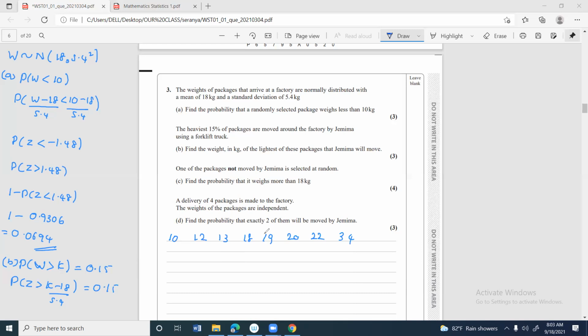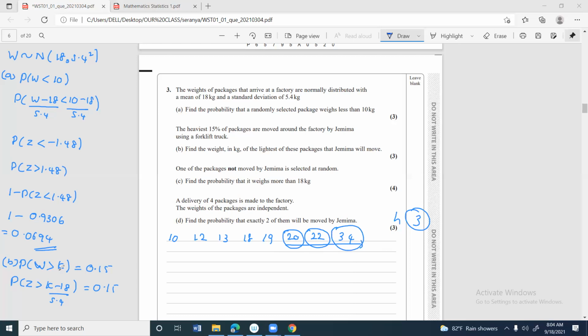You need to get the heaviest three packages. Which packages do you select as the heaviest three? This one, this one, and this one. So what is the lightest package out of these three? It is 20. So we are talking about the lower boundary, so that above this boundary there should be three packages. We need to say what the lower bound is for